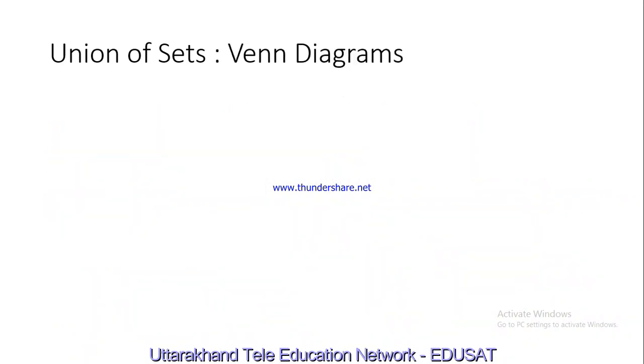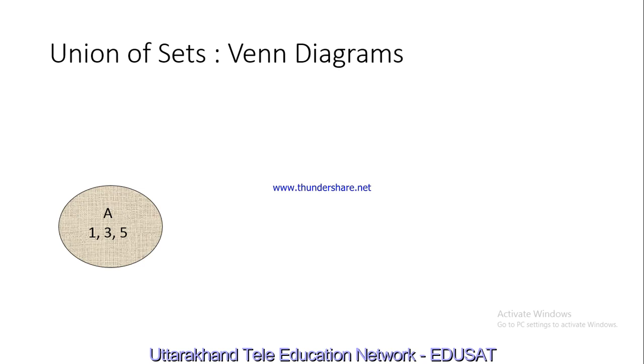Now let's find out how we represent union of sets using the Venn diagrams. We had seen yesterday what Venn diagrams are, and we had also learnt that the Venn diagrams were for the first time given by Venn, who was a mathematician, and that is why they are named after him, and they are called Venn diagrams. Now see, this is A. We have taken all the values from the previous slide. So this is A,